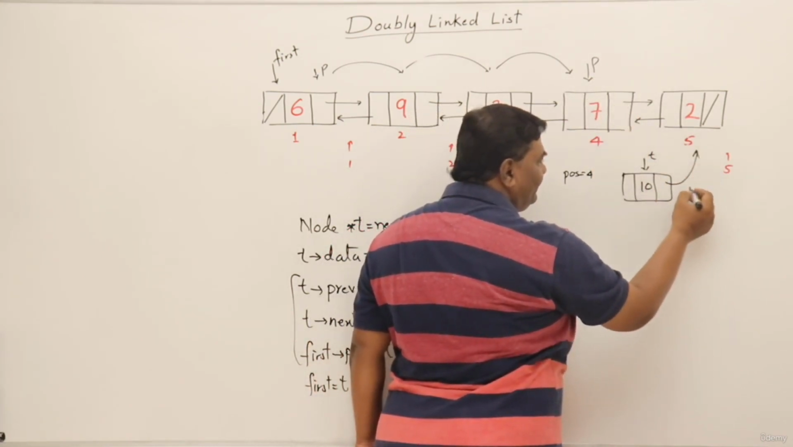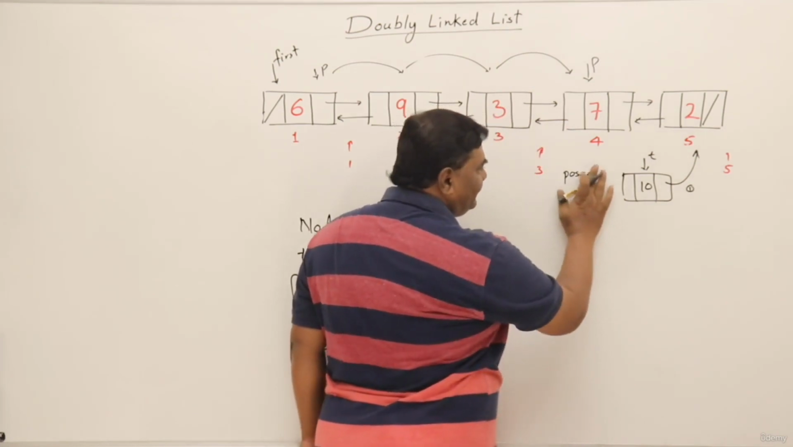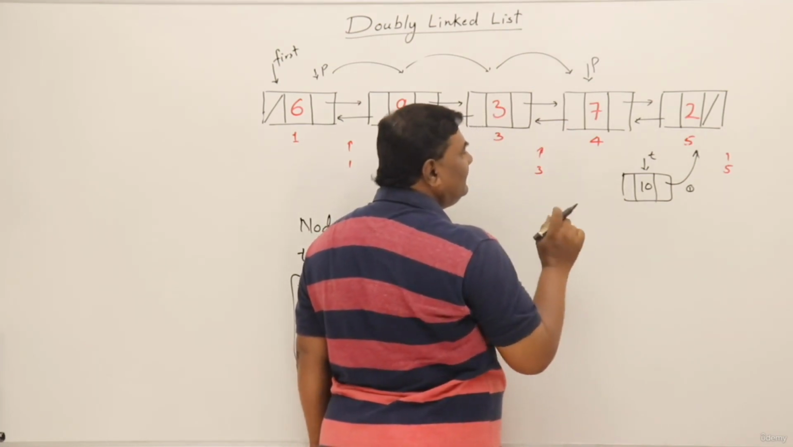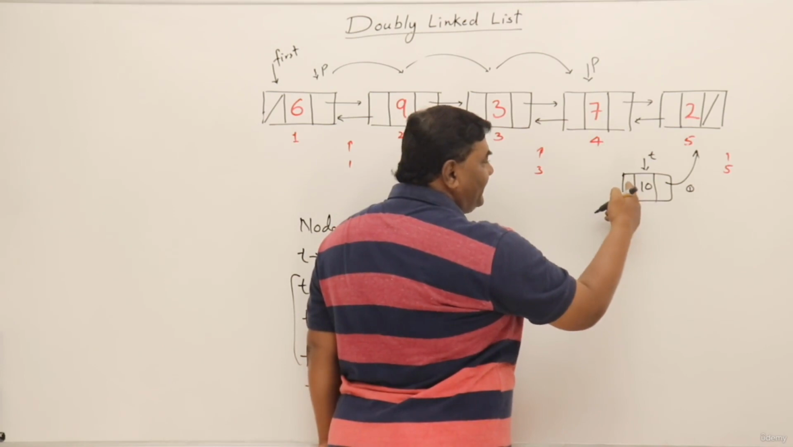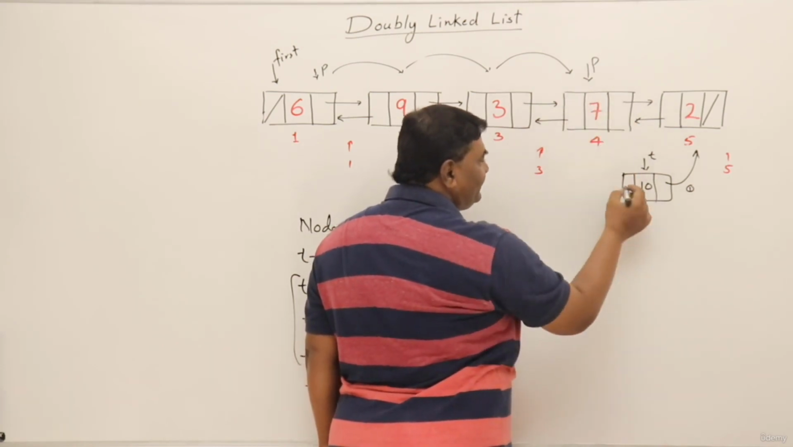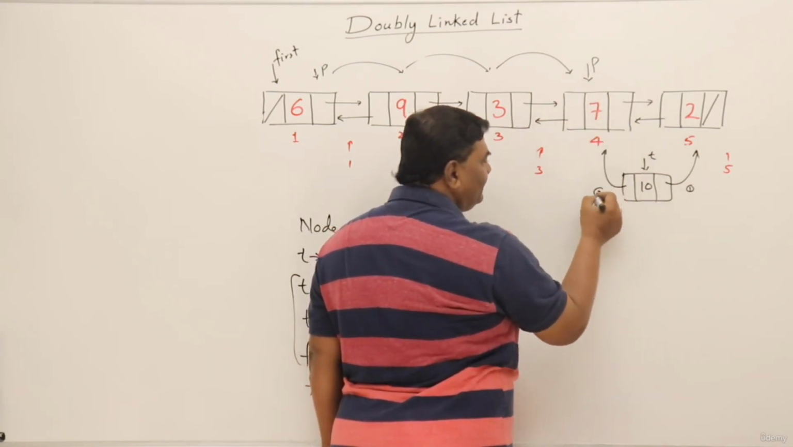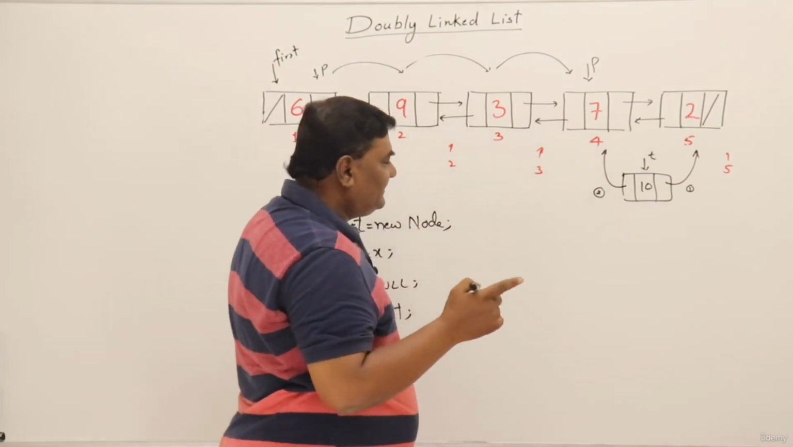This is the first one I am modifying. I'll remove this. We know its position is 4. Then T's previous is P itself, this node itself. So this is the second one I am modifying. Then third one,